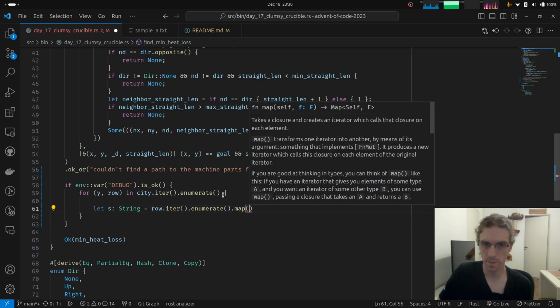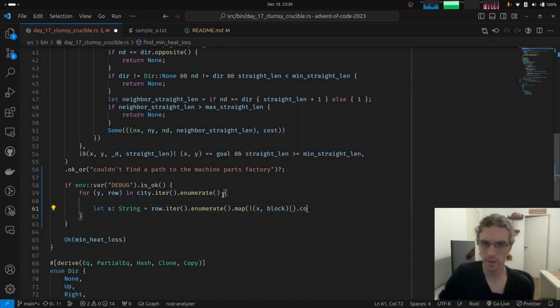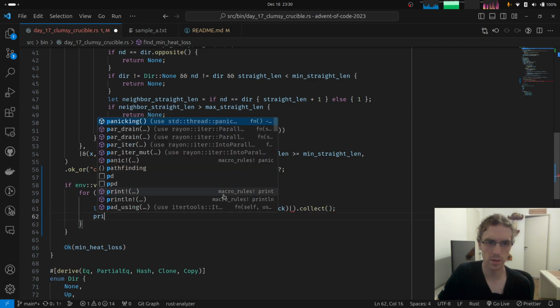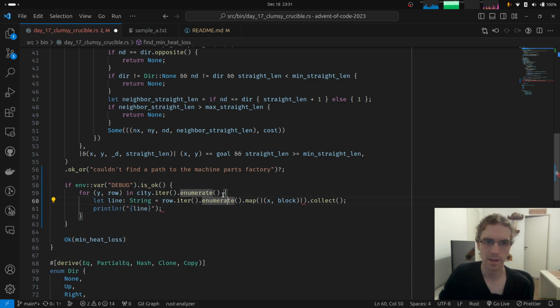Then we're going to map these things and collect into a string, and then we're just going to print that string. Println s. Beautiful. Even we can say line.